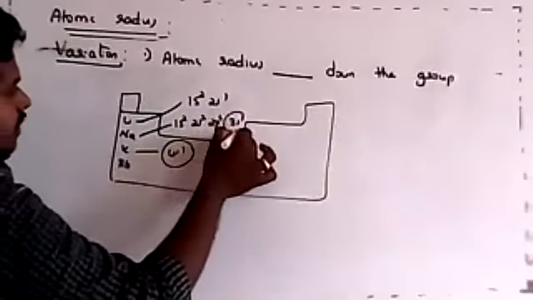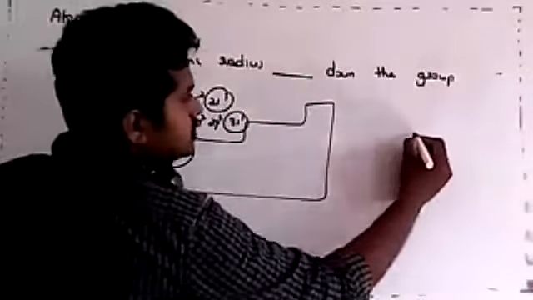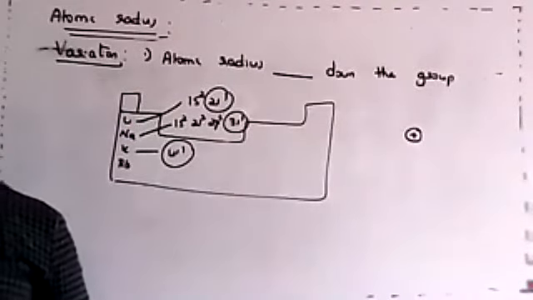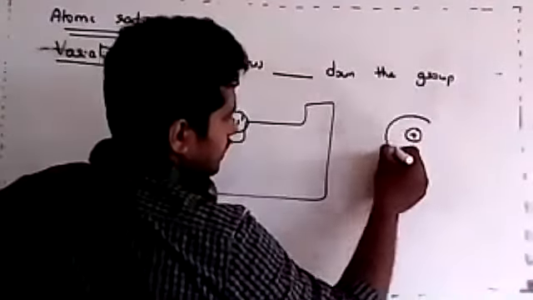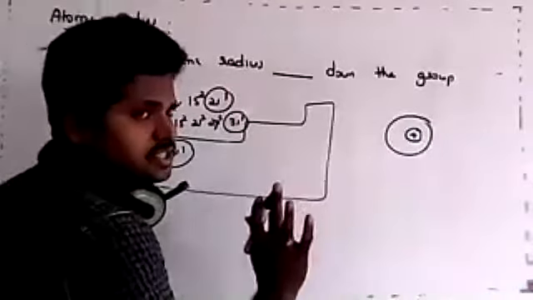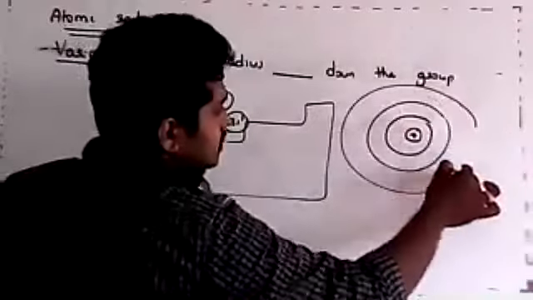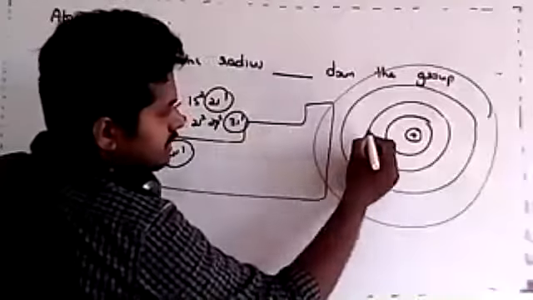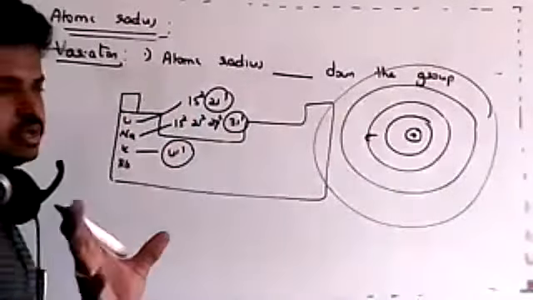Now we'll understand why the atomic size should increase down the group. The reason is that electrons are not going to the same shell. Electrons are added to a new shell. It is just like what I told you that day. If this is the atom with the first shell, this is the atom with the second shell, the third shell, the fourth shell. In lithium, the electron is going to the second shell, so the size is only this much.